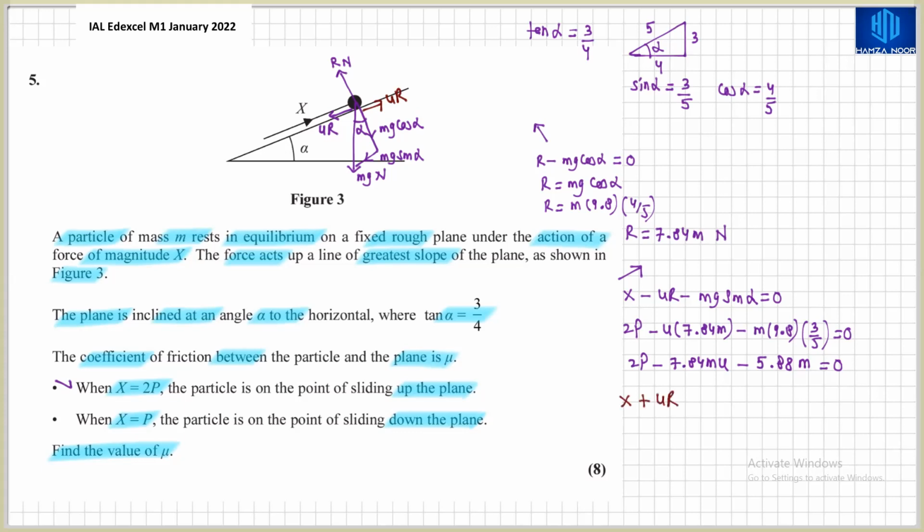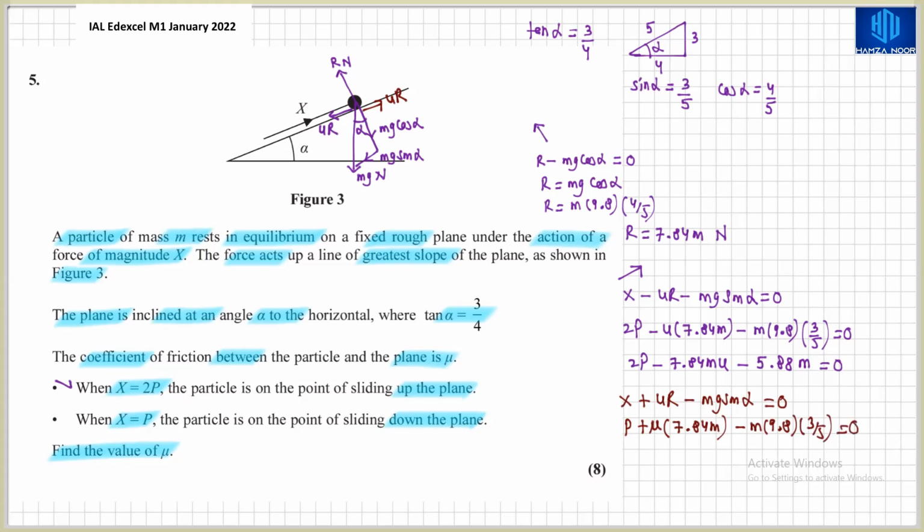Since x and mu r will be acting in the same direction upwards along the plane, x plus mu r minus mg sine alpha will be equal to 0. All right, and in this condition x is equal to p, so p plus mu times r would be the same, which is 7.84 m minus m multiplied by 9.8 multiplied by 3 over 5,